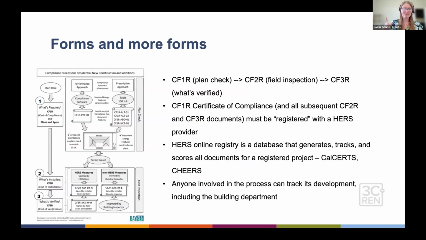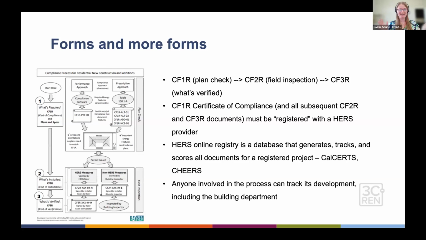So let's briefly dive into everyone's favorite part of any process, which is forms. There are a lot of forms for HERS. Just to walk through the basics, the registration process is generally initiated by the energy consultant or compliance documentation author. And that process requires the owner or contractor to establish an account with the HERS provider to approve the documentation